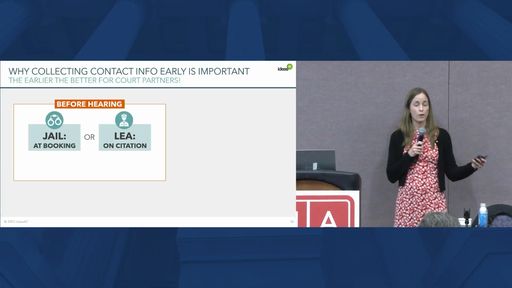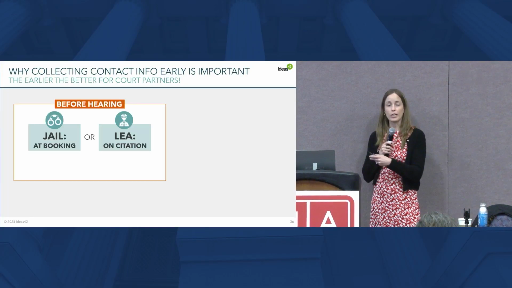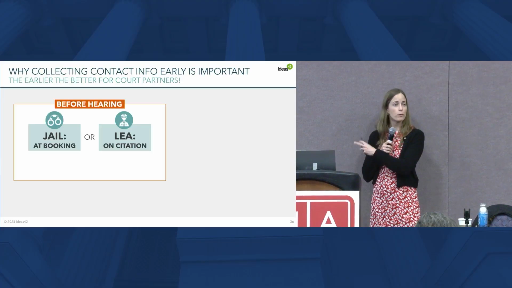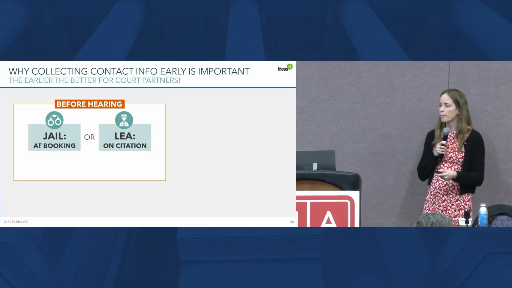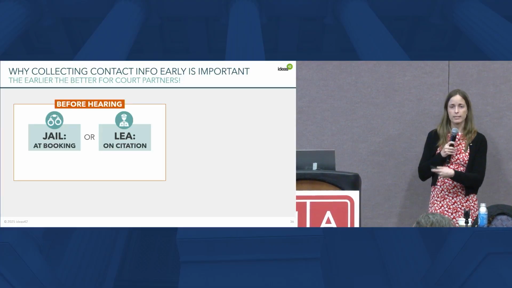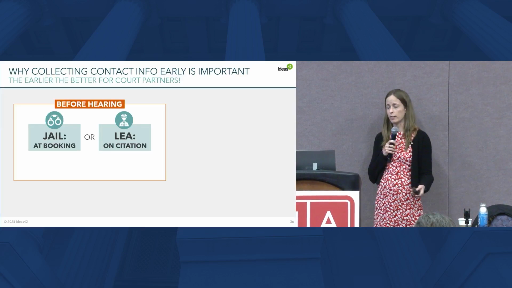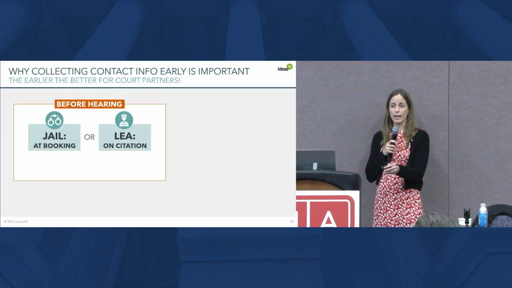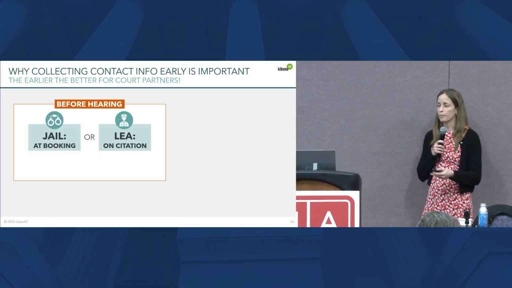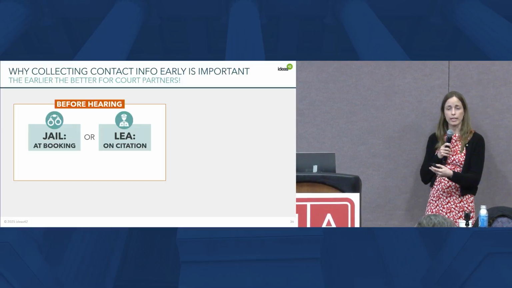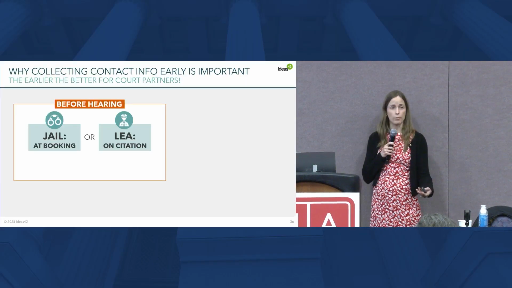Second, even if the phone number field is on the form, make sure that they're actually consistently collecting the phone number. We know a lot of these interactions happen quickly. They're tense environments, so they're not always collecting all that information. But if they're not, you can work with police and law enforcement to increase training so that officers know how important this is and how it benefits them as well. The goal is for officers to always ask for the phone number, but not to require people to provide it. But officers can increase people's likelihood of providing the phone number if they tell them that it's for reminders and that it's intended to help them.